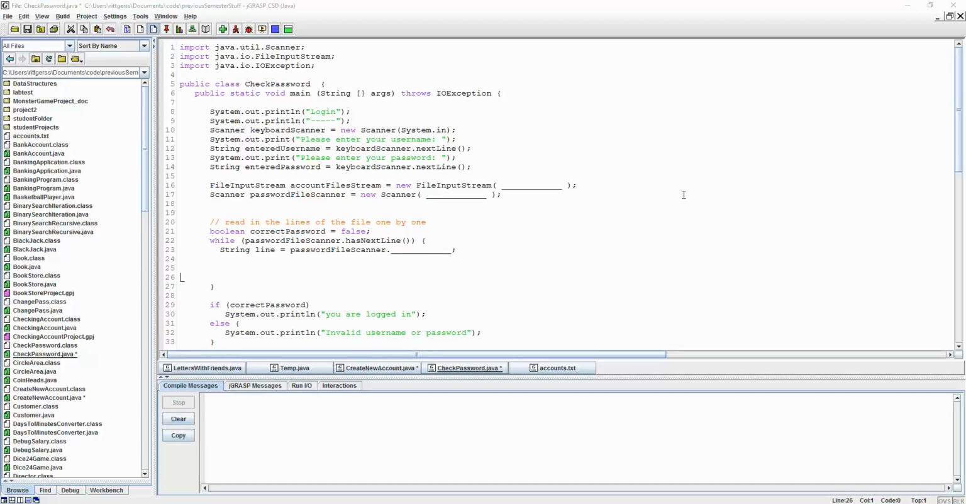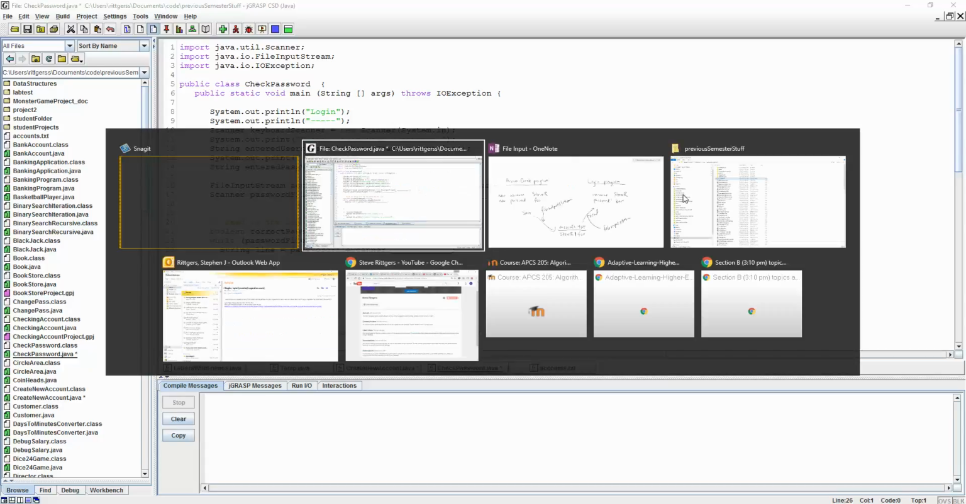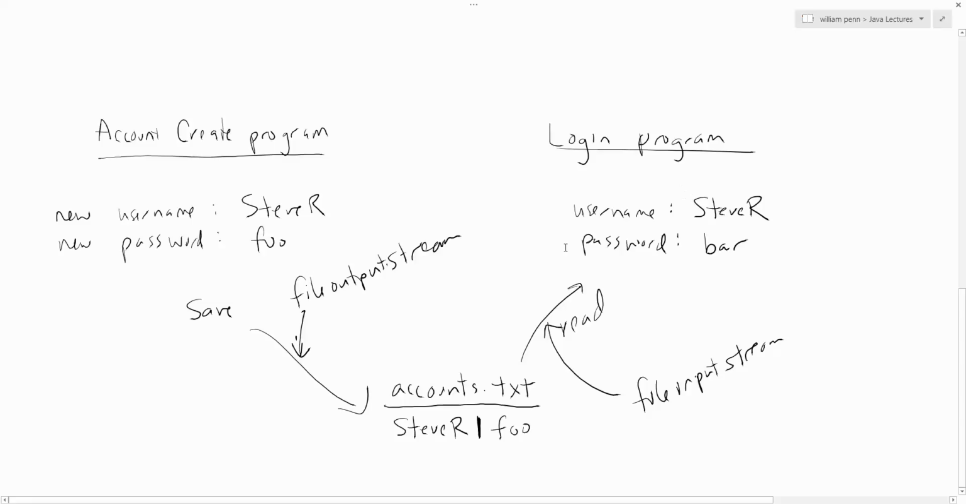Right, now we're going to write the program that is the login program, essentially, that allows people to enter their username and password, and we check to see if it's correct. So if we go back to our drawing, this is now the second program we're running over here, where again they enter a username and password, and we're going to check to see if it's correct